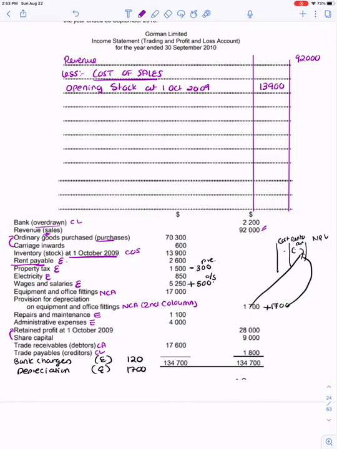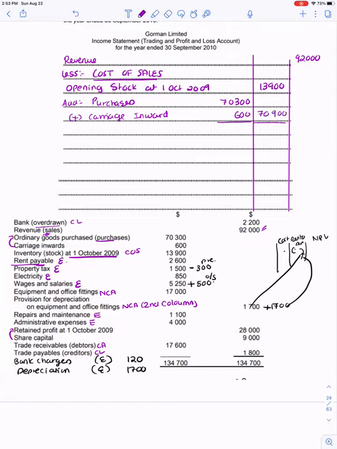13,900. In this, I will add the purchases, but here the purchases is adjusted for carriage inward. Add the carriage inward to the purchases. There is no other thing that you need to adjust in the purchases. So I'll just add it. So it becomes